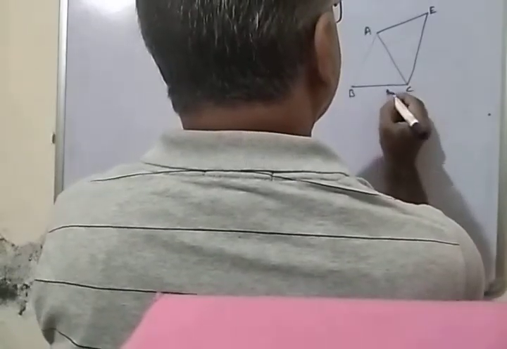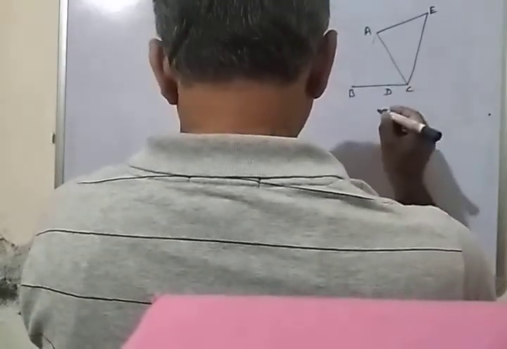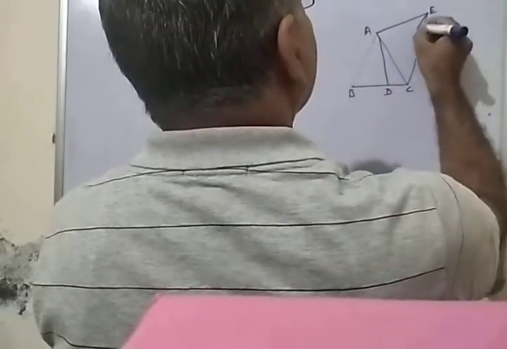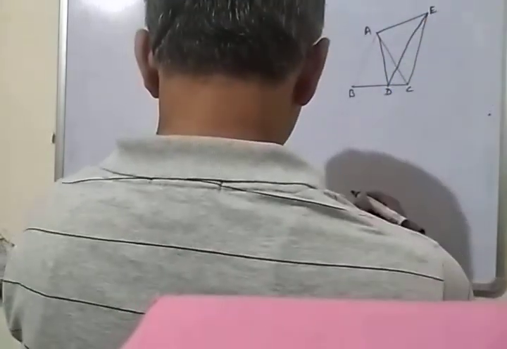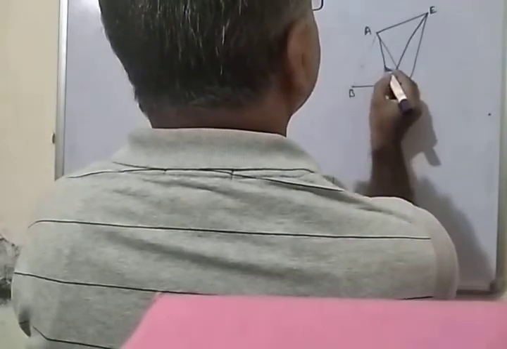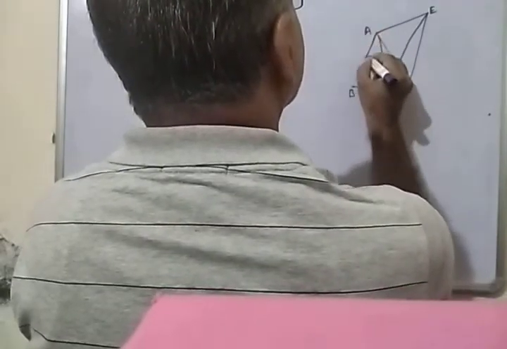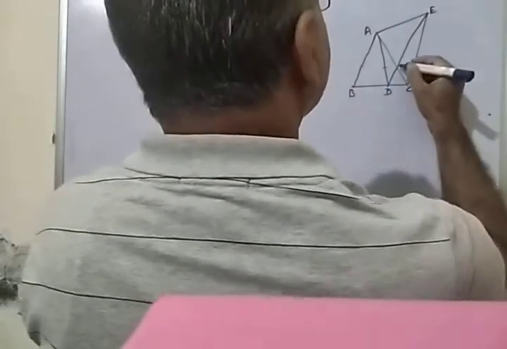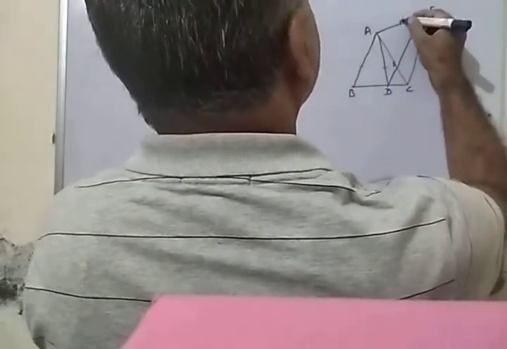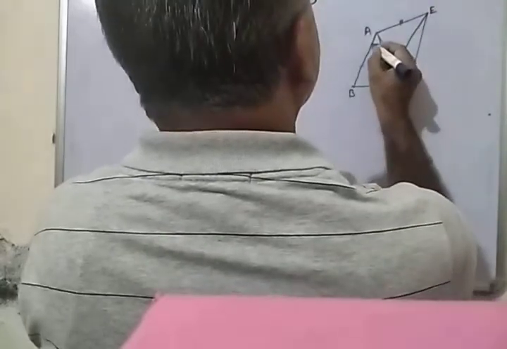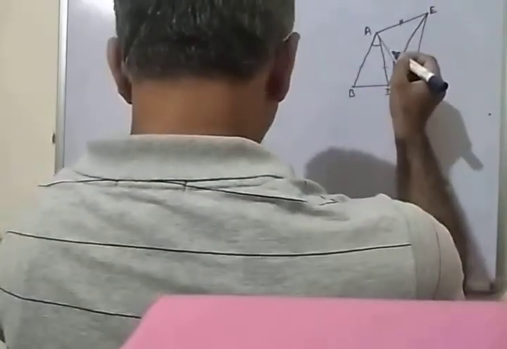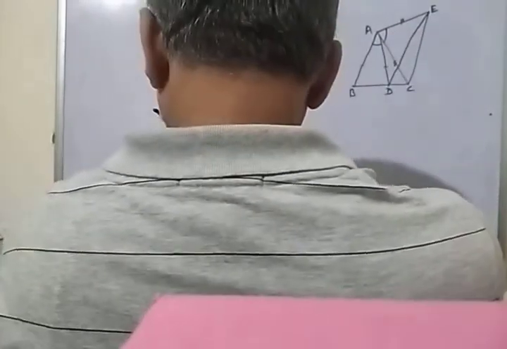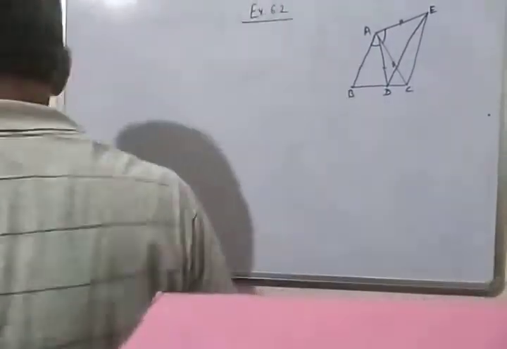Any point D on BC, then join A and E. So this one is equal to this one: AB equals AD and AC equals AE, and this angle equals this angle. This is question number 6. So we have given